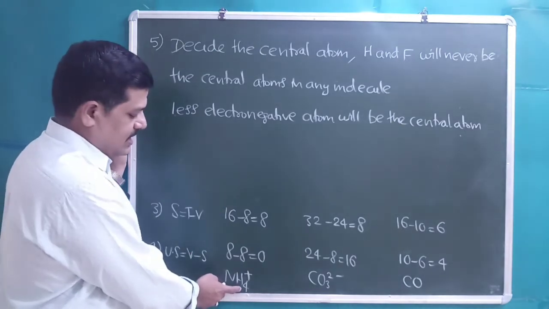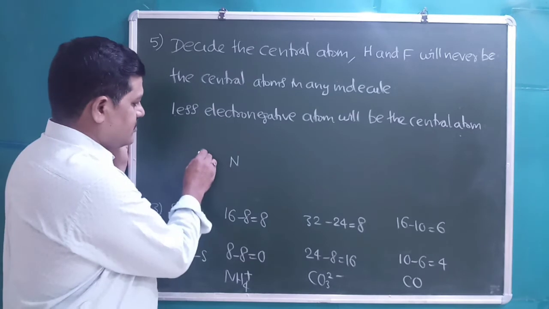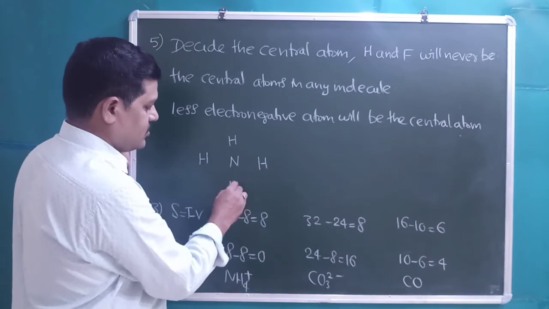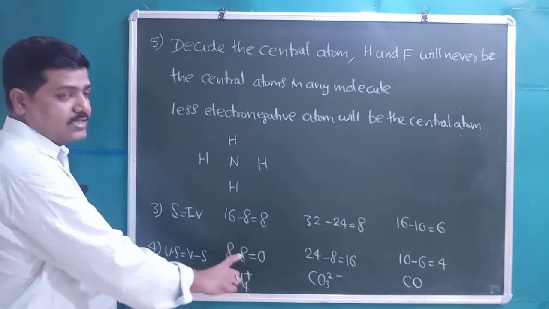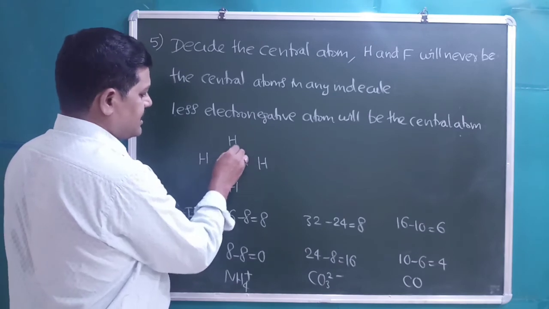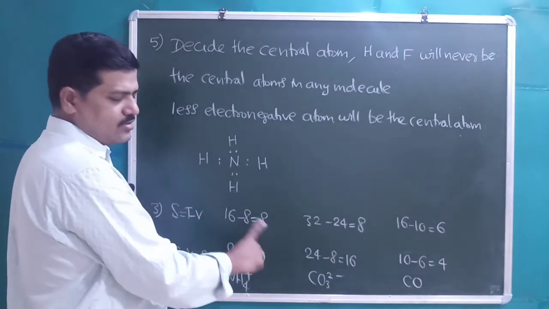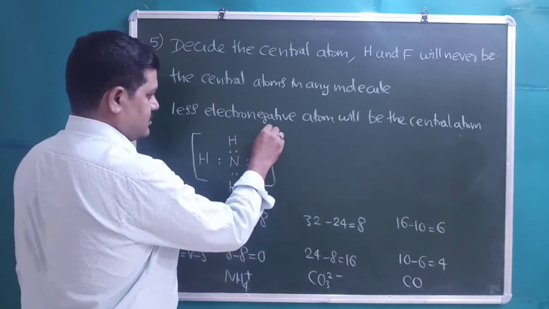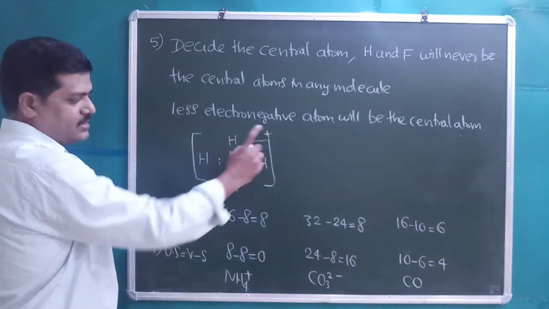Hydrogen never can be the central atom, so nitrogen will be the central atom, right? Then write down 4 hydrogens around the nitrogen. And how many shared electrons are there? 8 shared electrons. There are no unshared electrons. Then you assign the electrons for the single bonds first. Right? So all 8 electrons are used up, and there is a positive charge which you write on the NH4 completely.